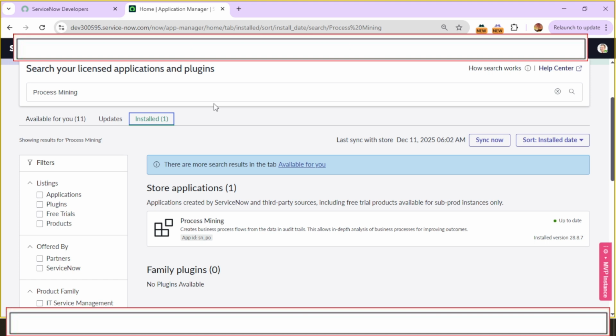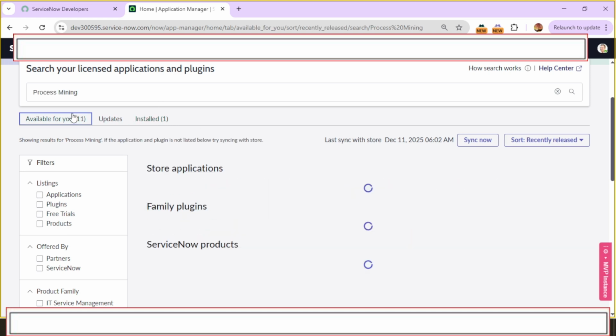First, to enable process mining, go to your plugins. Type process mining, and there will be a plugin; just click and enable it. I have already installed it. This is step number 1. And step number 2 is